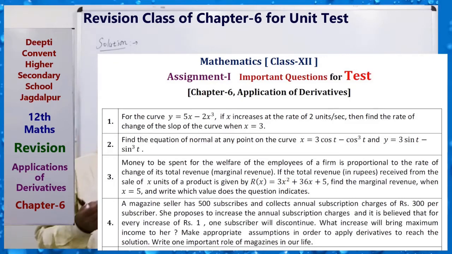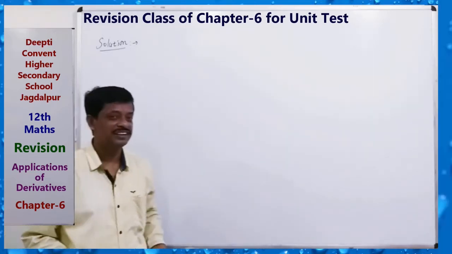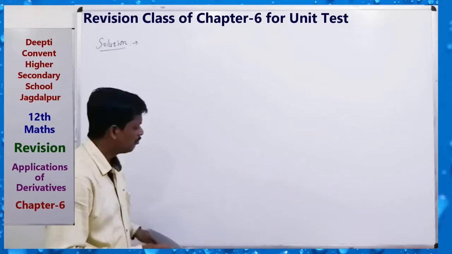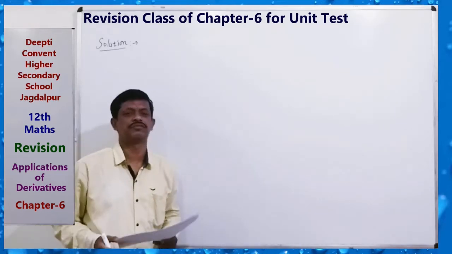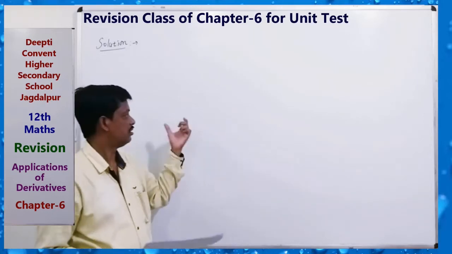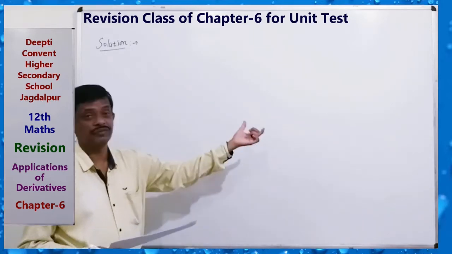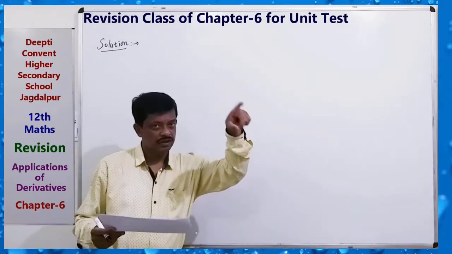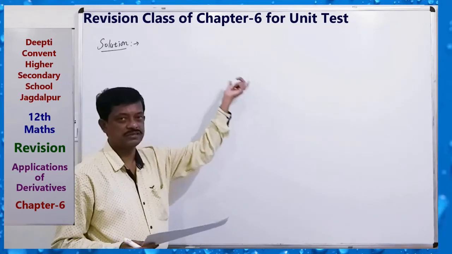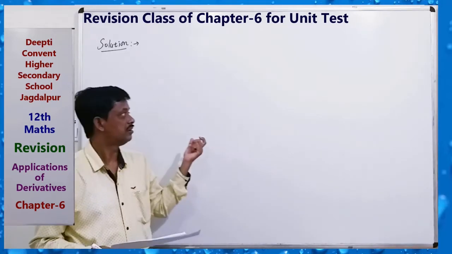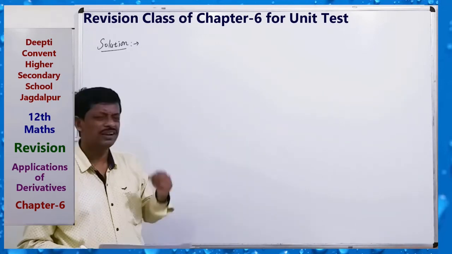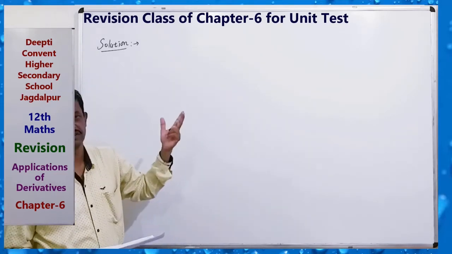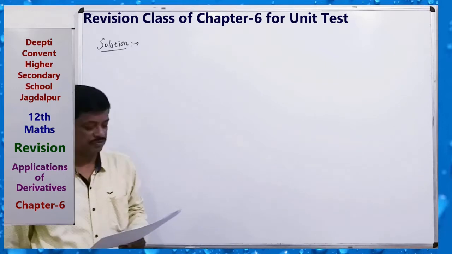Okay, this is the question. Marginal revenue, marginal cost, how can we find? I have already discussed this in the lecture. Marginal cost, marginal revenue, nothing, only differentiate the total revenue function, total cost function. You have to differentiate, and for a particular value of x, where x is the number of units, production units. So only differentiate. Very simple questions, hardly taking 1 or 2 minutes. Okay, so you can solve question third.